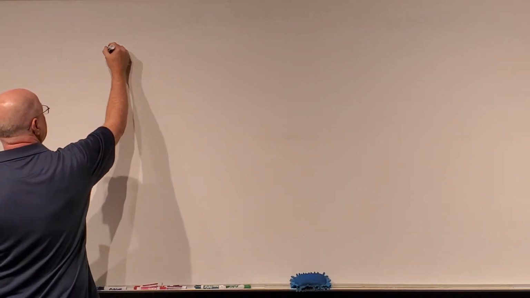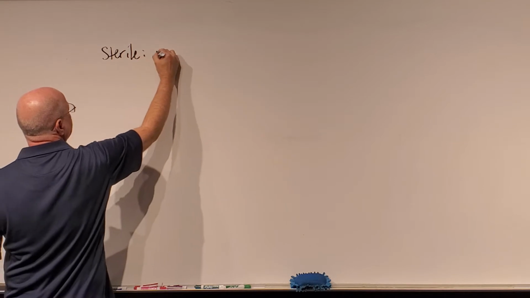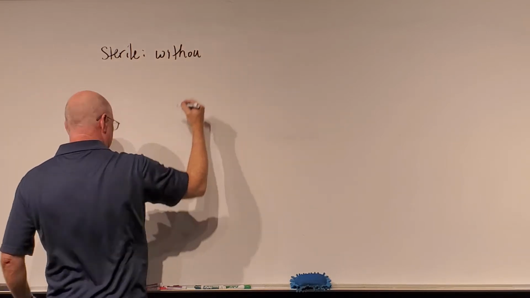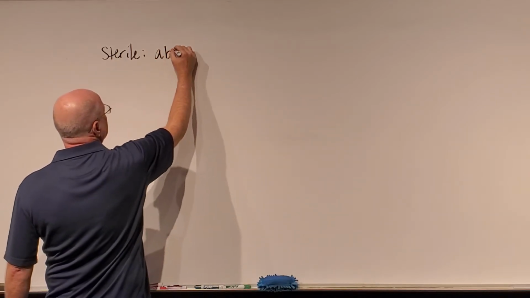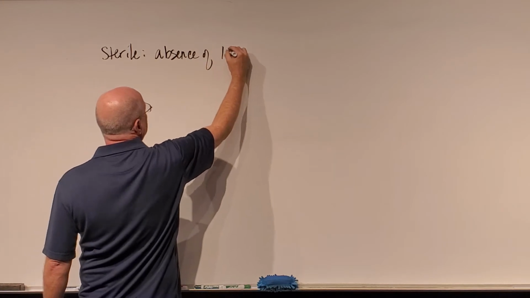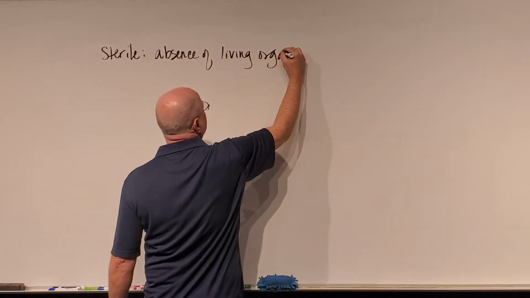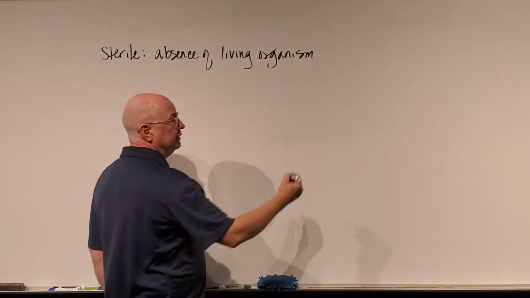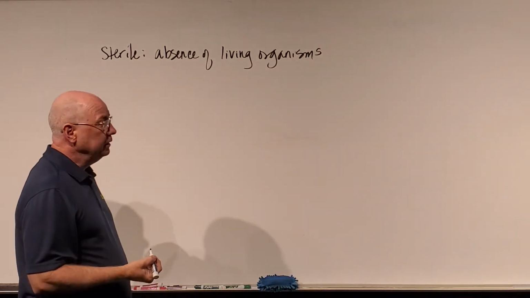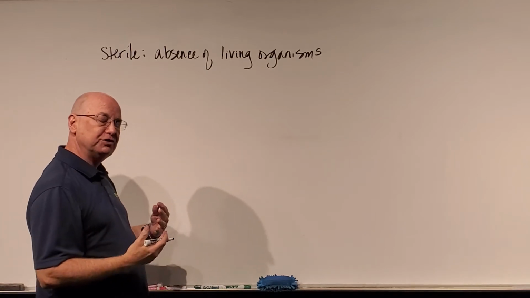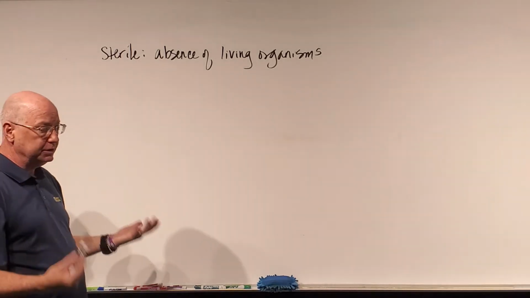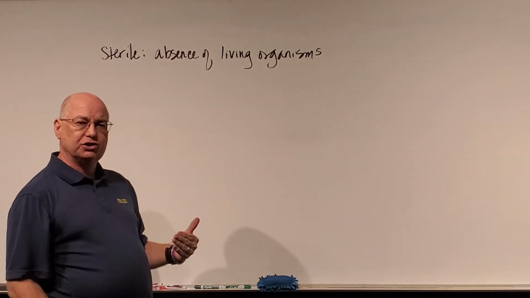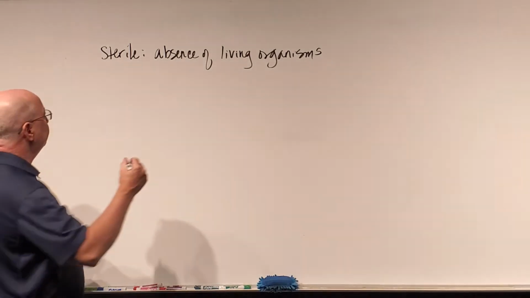Okay, so one of the things we want to talk about is the definition of sterile. Sterile simply means the absence of living organisms. Now you could look up sterile, and sterile might mean the inability to reproduce. But you also got to think of these definitions in the context of microbiology. So this simply means the absence of living organisms, and in particular we're talking about microbes. When something is sterile, that means I've killed all the life forms. And so the sterilant